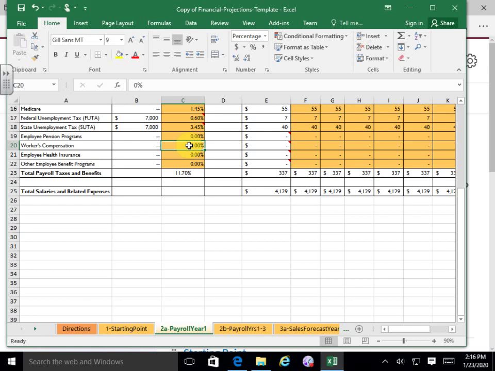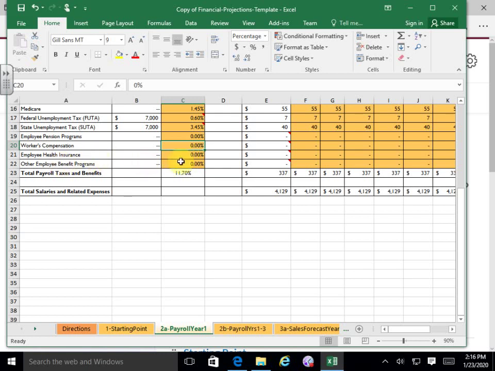So when that person falls and hurts themselves and can't go to work for the next 6 months, they'll get some compensation, right? So this really varies. Think about the type of business that you're doing. If you have employees, then you'll need to put in a percentage there. And again, you could kind of put in a marker now. You could change the background color if you want, so you know that maybe I've got to do a little checking on that, a little research, see what we can find out.